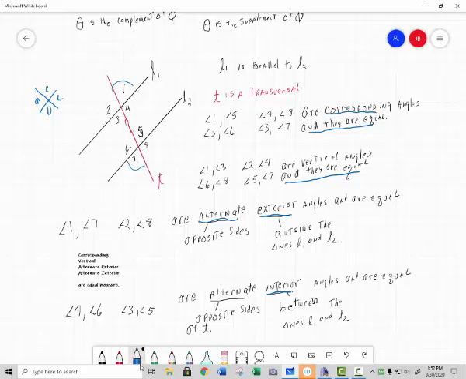2 and 8 are alternate exterior angles, and their measures are equal. Alternate exterior angles are in fact of equal measure. Now if I look at